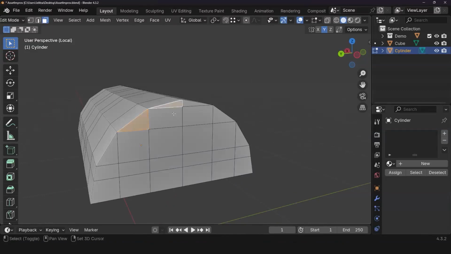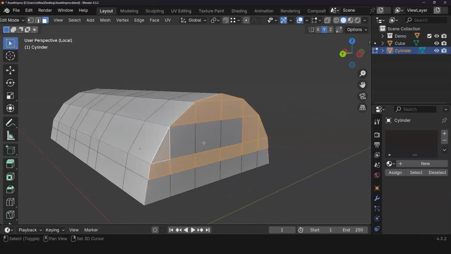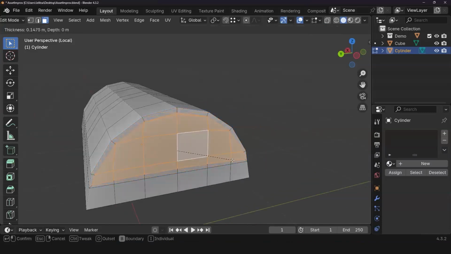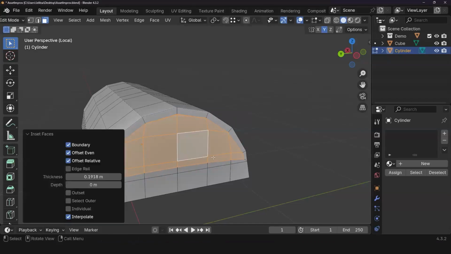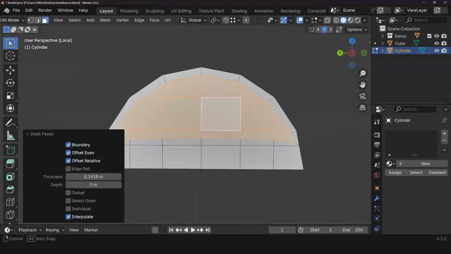So let's try it. Alrighty. A little better. You see that support gave it a little something to work with. Not bad, but I don't like this bottom piece here.